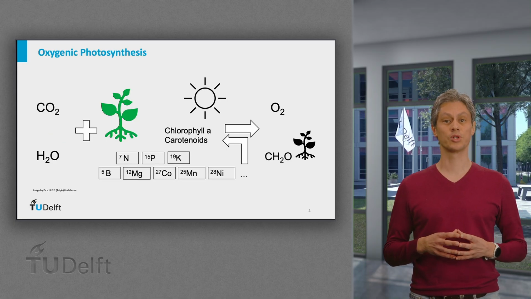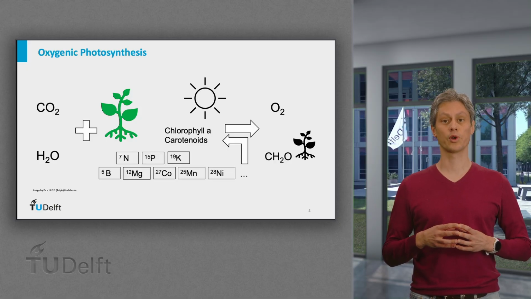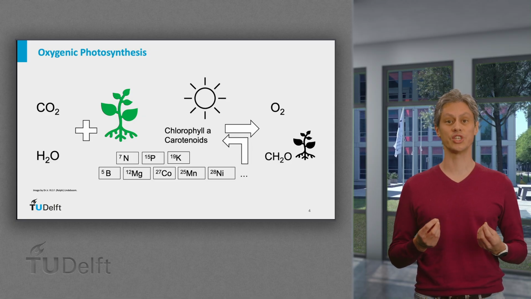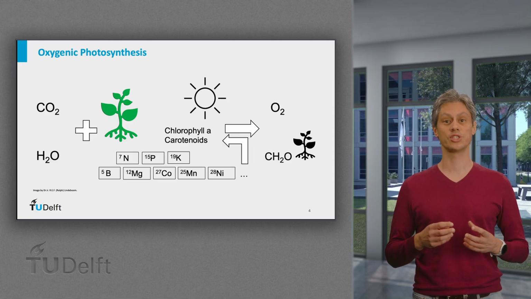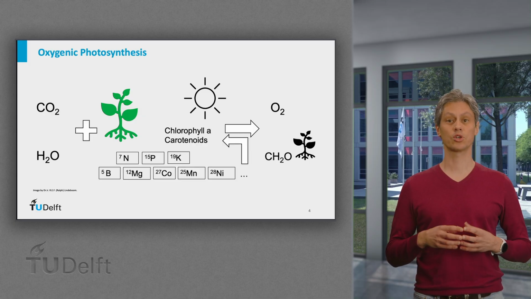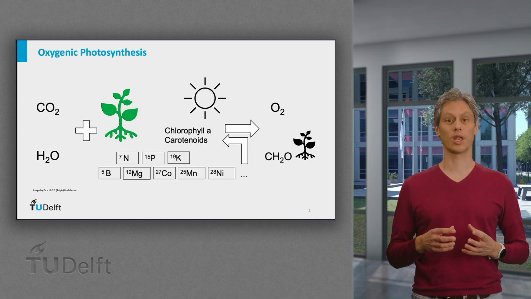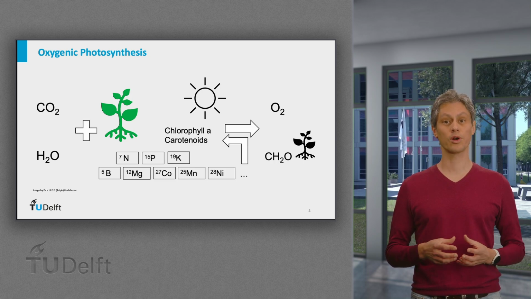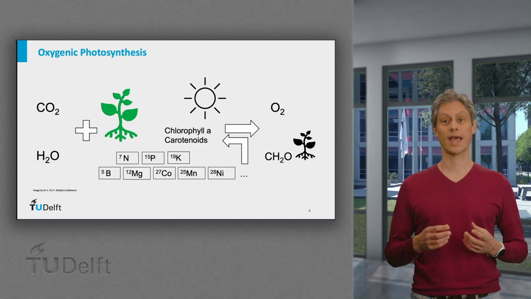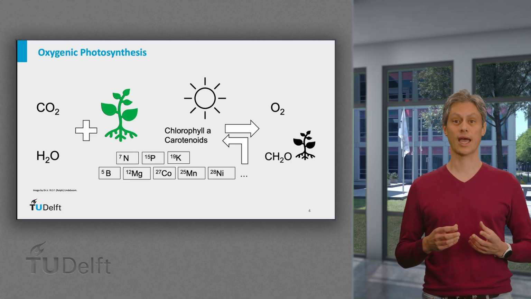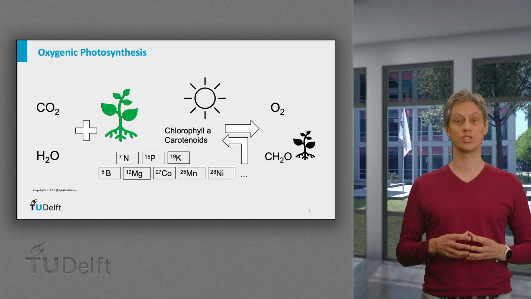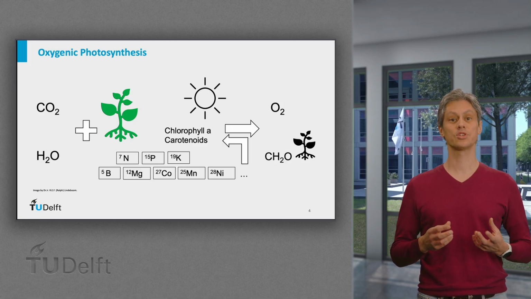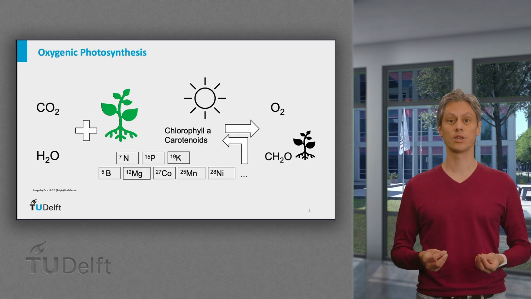To understand the potential role of purple phototrophic organisms in wastewater treatment, I will first explain the difference between oxygenic photosynthesis and anoxygenic photosynthesis. In oxygenic photosynthesis, visible light, except green light, is harvested through plant or bacterial chlorophyll and used to convert water as electron donor and CO2 as electron acceptor into oxygen. Combined with the produced organic compounds, macro and trace elements are then converted into new cells.